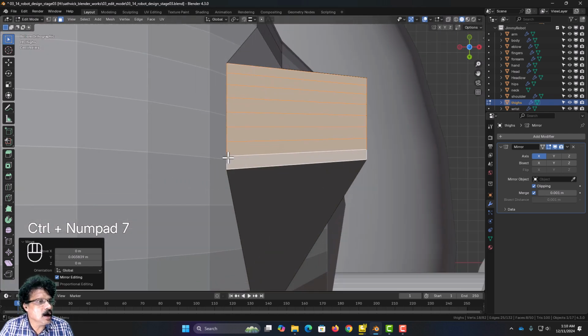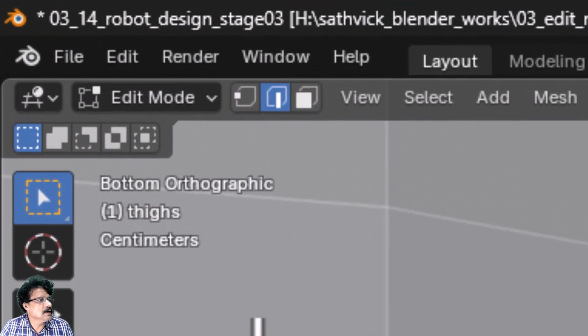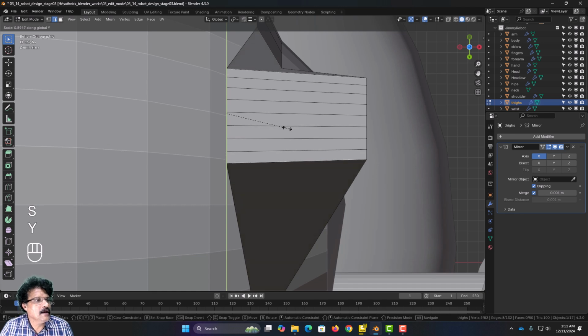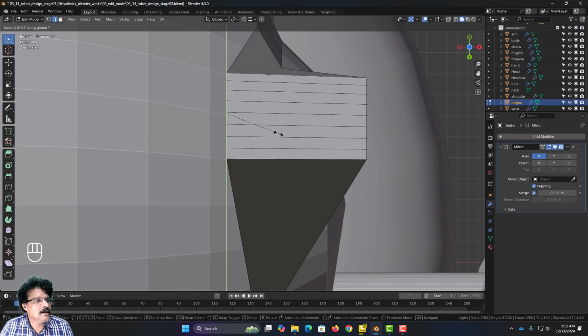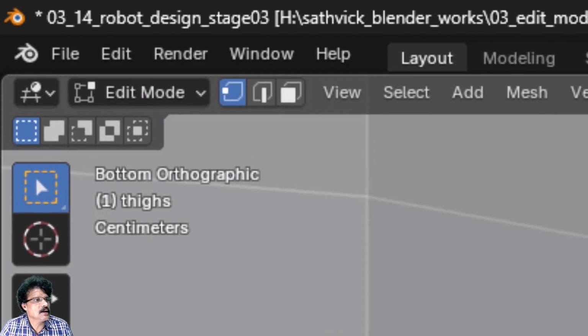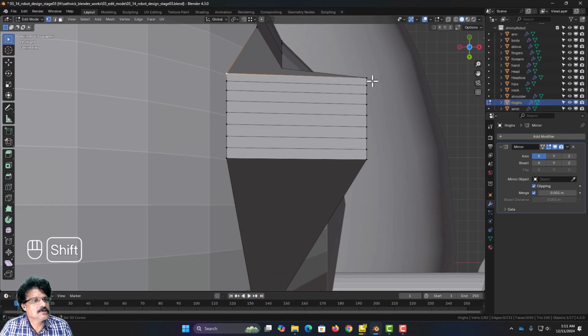I will press 7, Control 7, and you can see now these two are not correctly aligned. See, this line is longer than this. So for this, I will first come into edge selection mode, and I will select this edge, and then I will press scale Y, and I am going to slightly scale it down so that these two lines are straight. To make it exactly straight, what we can do is come into vertex selection mode, select this and this vertex,